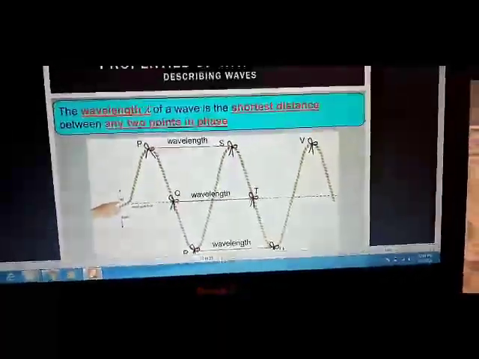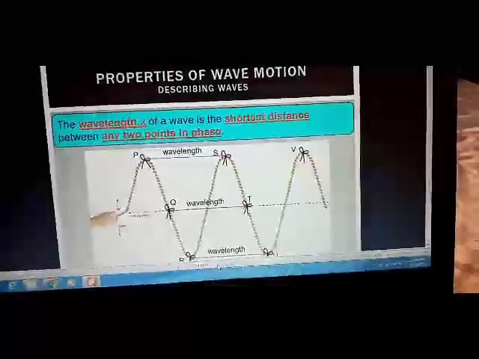Now, what is wavelength? The wavelength is the shortest distance between any two points in phase. Now, the P and